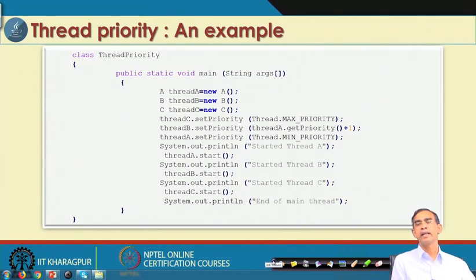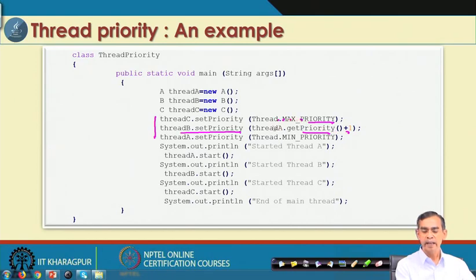Once the threads are created, we assign the priority of the 3 threads: threadC setPriority Thread.MAX_PRIORITY, and then threadB setPriority threadA getPriority plus 1. What is the priority?